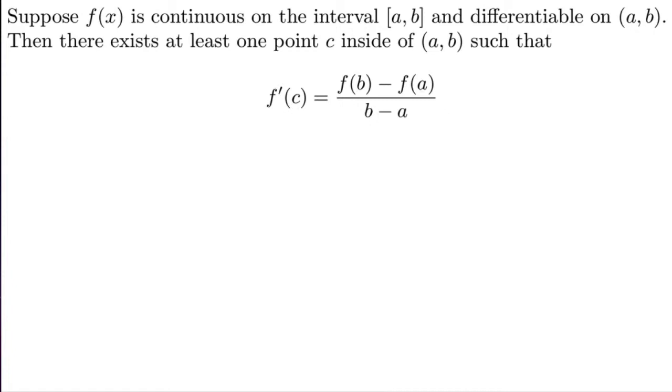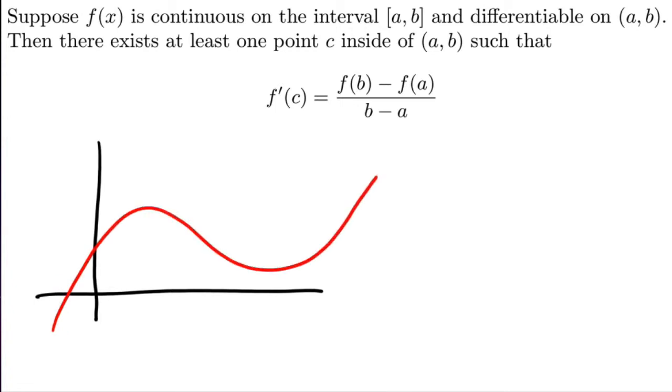So let me draw you a picture so that you can get a visual here. Let's say you have a function, and it's a little curvy, and it looks like that. And let's say that here we're going from the interval a to b, and here is the value of the function at a, and here's the value of the function at b. And so basically what the mean value theorem says is that if you draw a line between those two points and find the secant line,